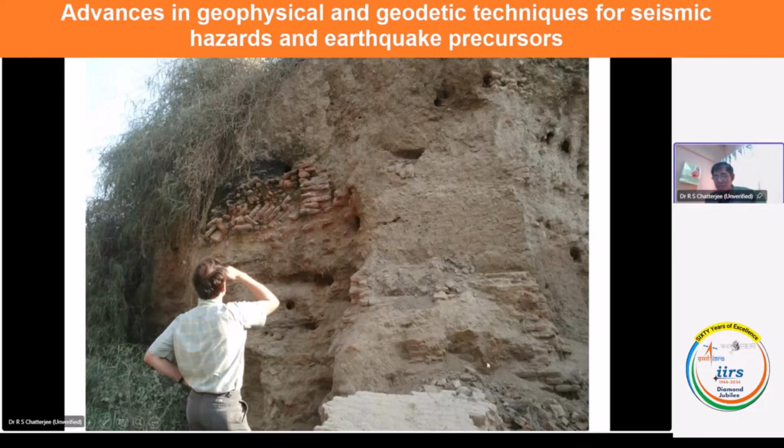So there had been houses here, settlements here, and it got buried due to the earthquake or tectonics. Again, after some tens of years or so, people again make their settlements here with these bricks, and again it got buried due to the earthquake. So repeated earthquakes or tectonics are causing the damage or burial of the houses. And now presently above this, there are the recent houses. Okay, so it should be safe. There should not be any more tectonics,